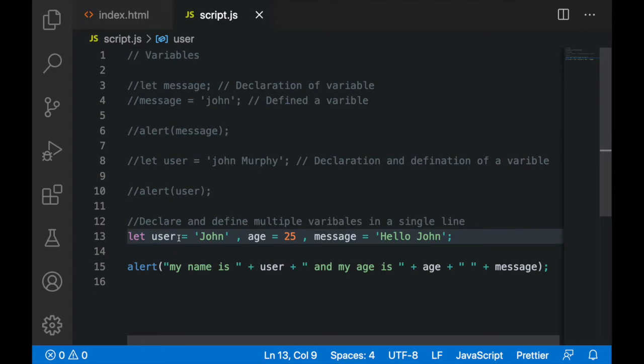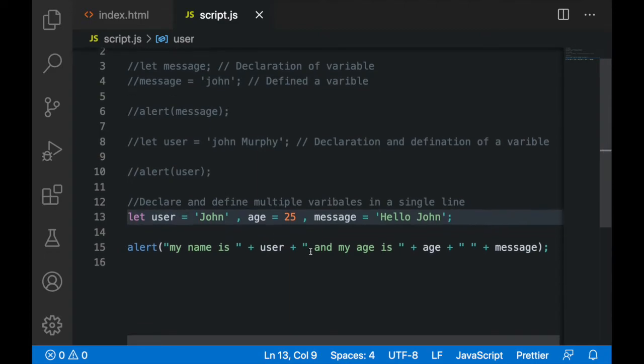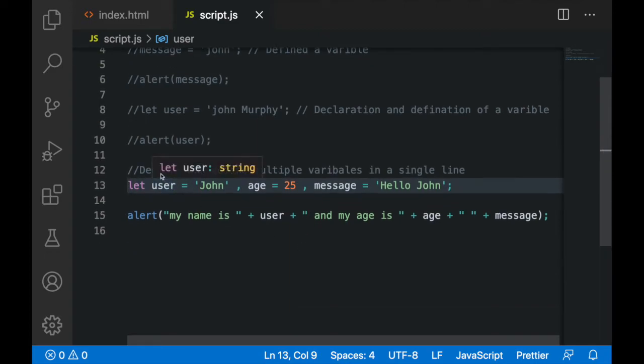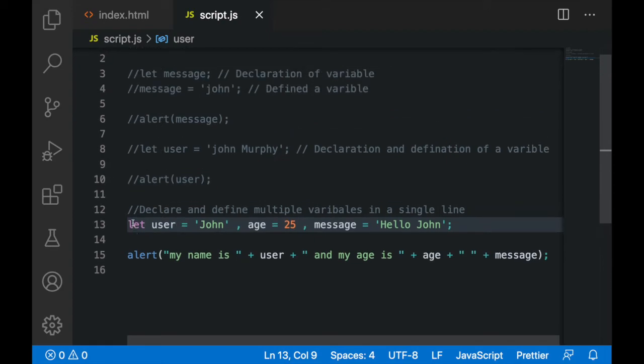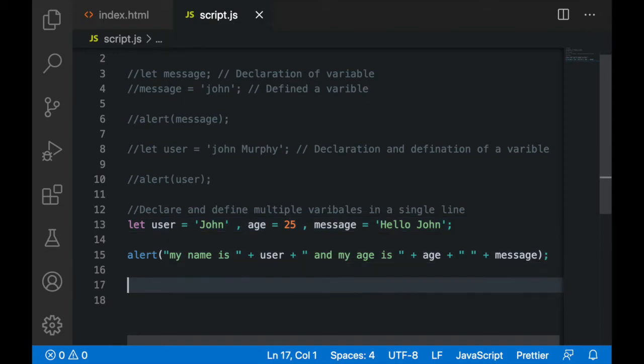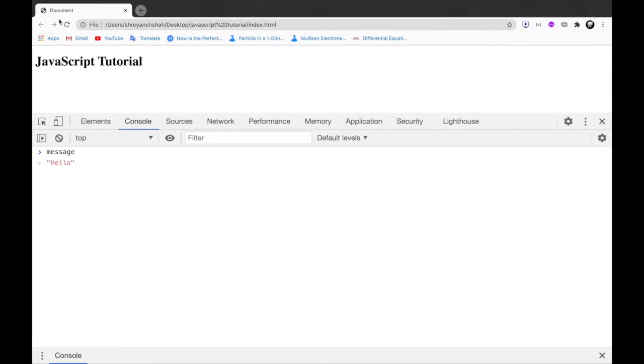You can reassign a variable, but you cannot declare it two times. That means you cannot write let user two times. You can write let user equals John in this line, and below here I am writing user equals Kate. Now I'm saving this and refreshing the web browser.